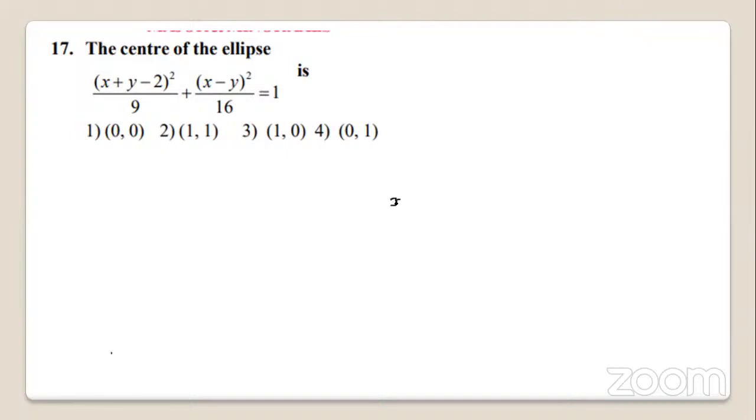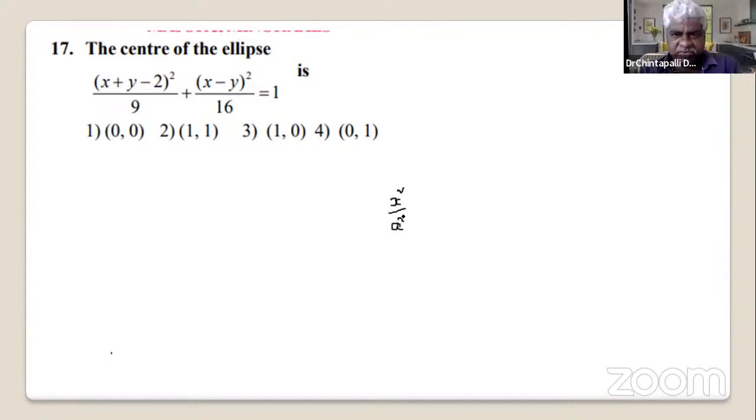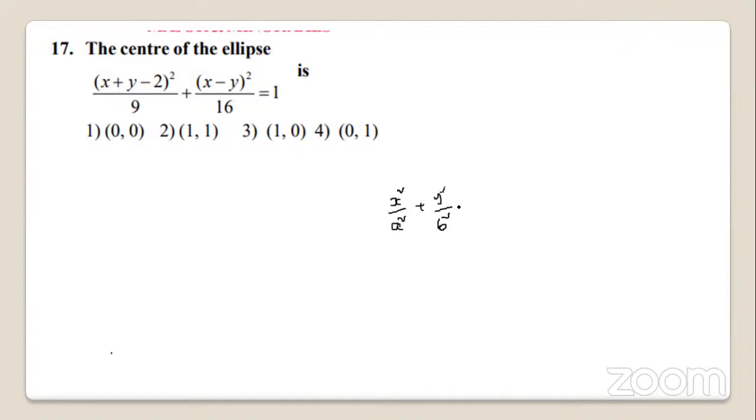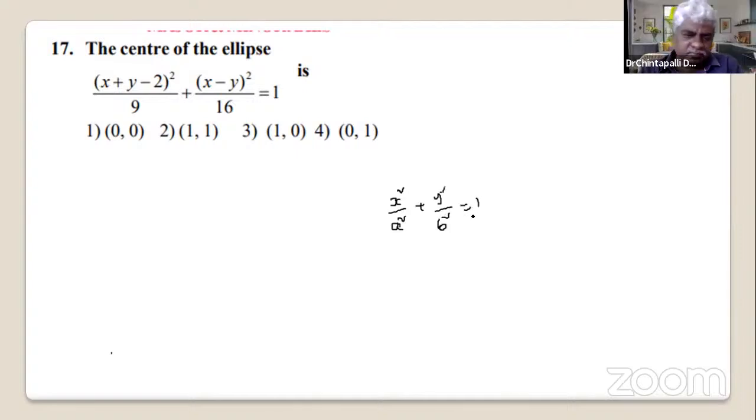x squared by a square plus y square by b square is equal to 1. Right? Another equation of an ellipse is